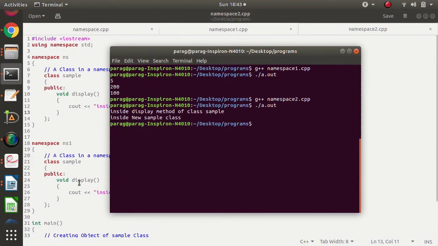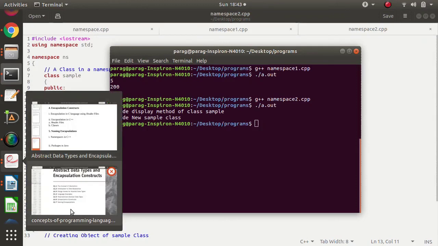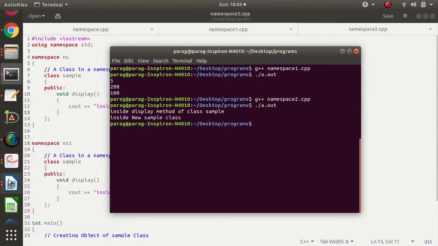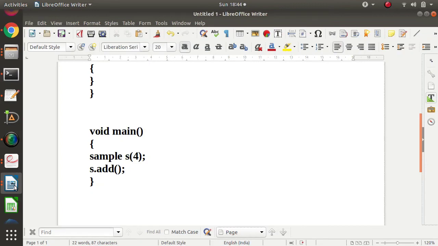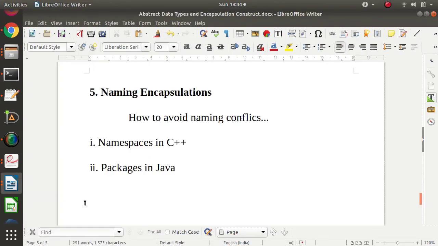So in a namespace we can have variables, functions, and classes also. To differentiate among different classes, variables, and functions, we can use namespaces. So that is how namespace is used in C++ language.